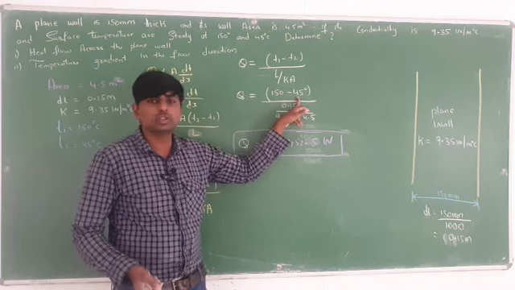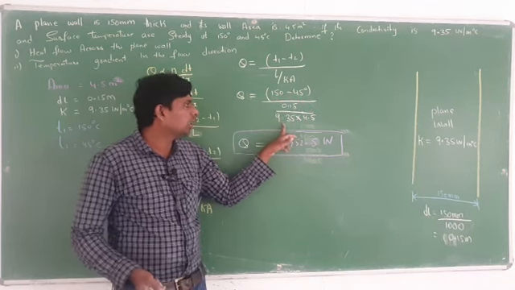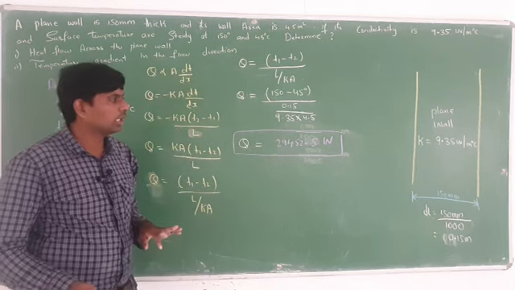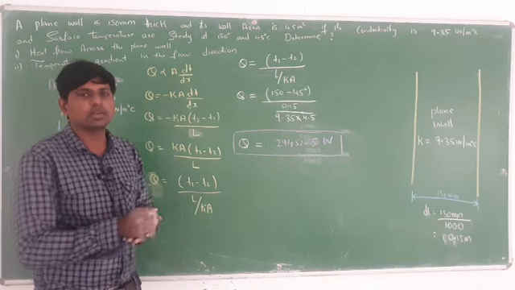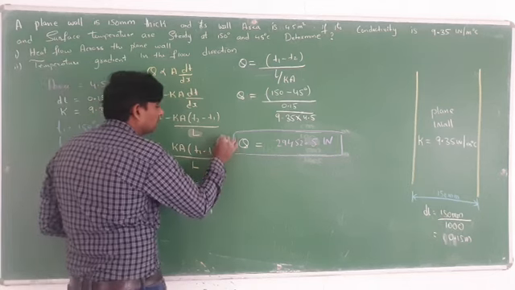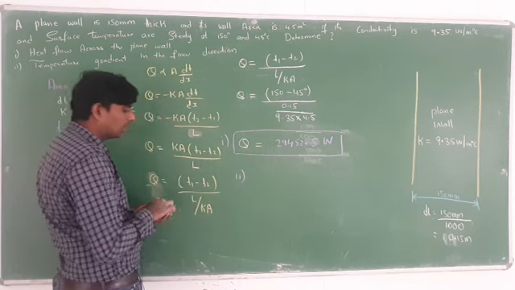T1 and T2 are already given in your question, the length is also given, the thermal conductivity is also given, and the area is also given. If you substitute, you will get the value of Q. After getting the value of Q, this is your first bit. Next, the second bit: he is asking to find out the